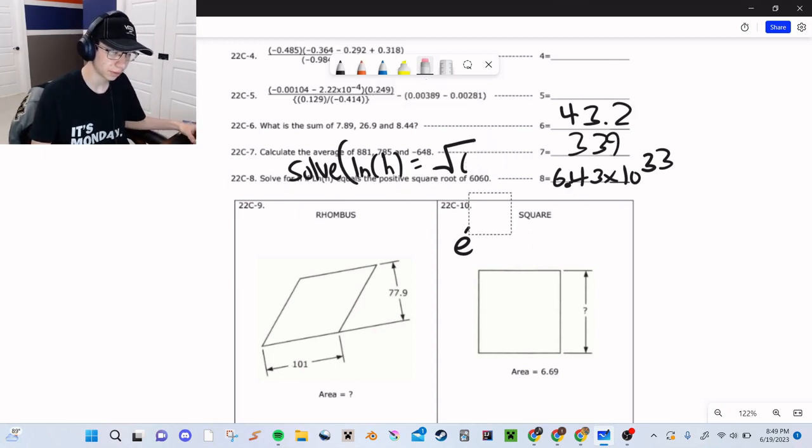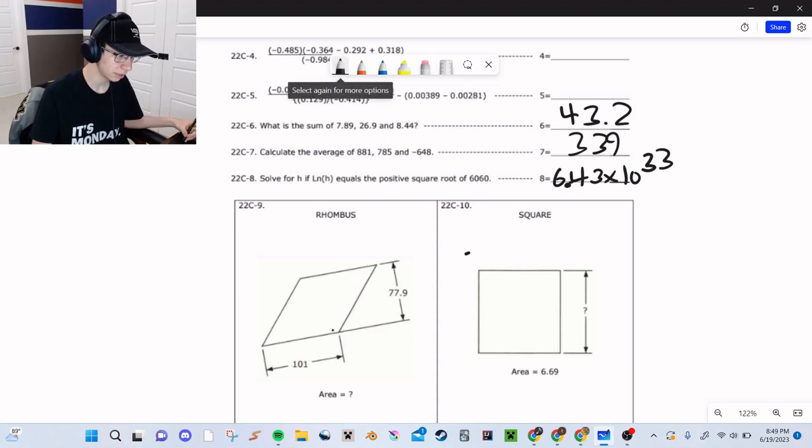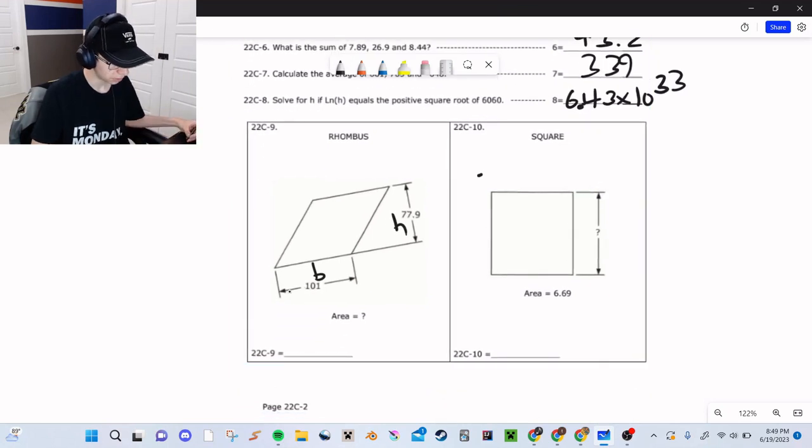Okay, so for number 9, rhombus. So we're just going to do base times height. So just multiply those two numbers. We'll get 7,870. Here we're given the area and we want a side, so for number 10 we're just going to do